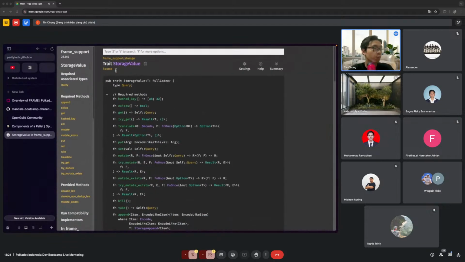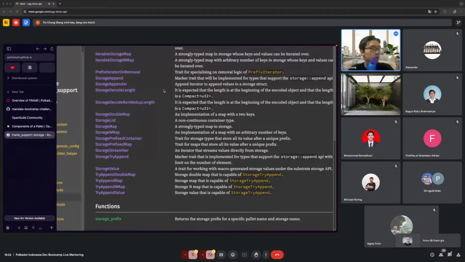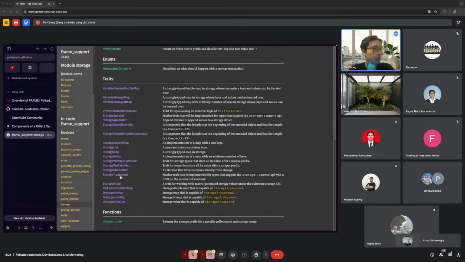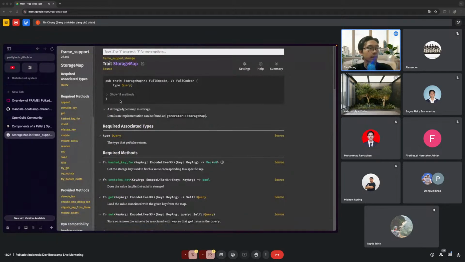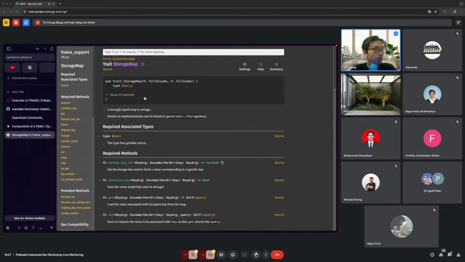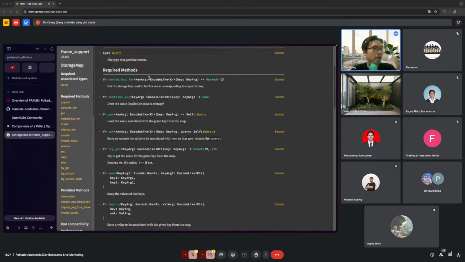Okay, I think we already get the idea of storage value, because there are more storage types here, so we won't dive too deep into that. Now I'm going to go to the storage map. In programming, if you already have the scalar value, the map is going to be the second most popular data structure. In the storage map, you also have a set of storage APIs, like contains_key, which checks that